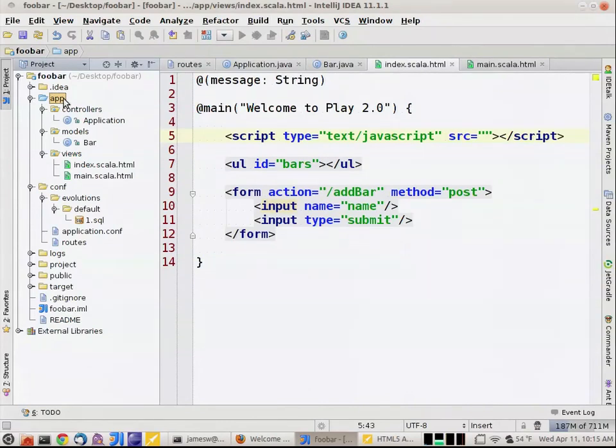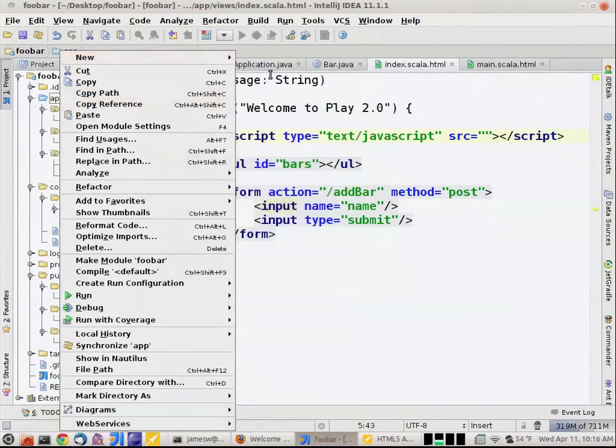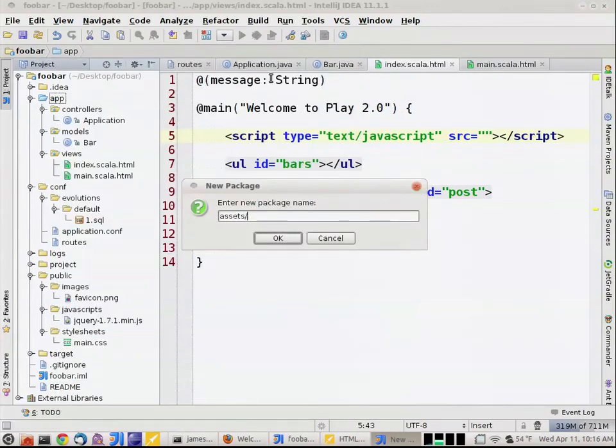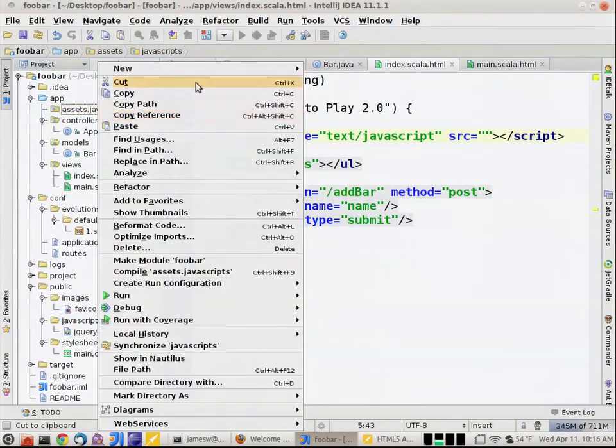So to do the compiled assets in Play, I put those in my source directory rather than putting them in the public directory. So the public directory is really just for these static assets. You'll see jQuery is in there, my CSS is there. So I can put just plain old static assets here in my public directory. But if I want things to run through the asset compiler, I put them in my source directory, and I create a new package here called assets.javascripts for JavaScripts. If I was compiling less, it would be assets.stylesheets. Okay. So now let's create my new